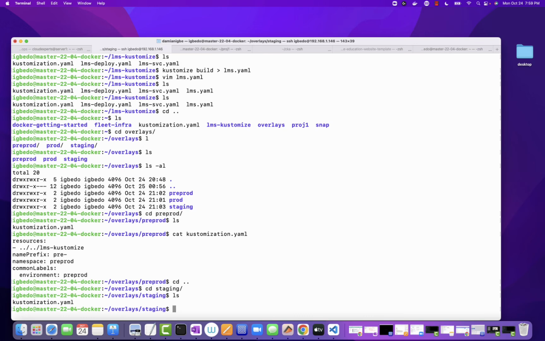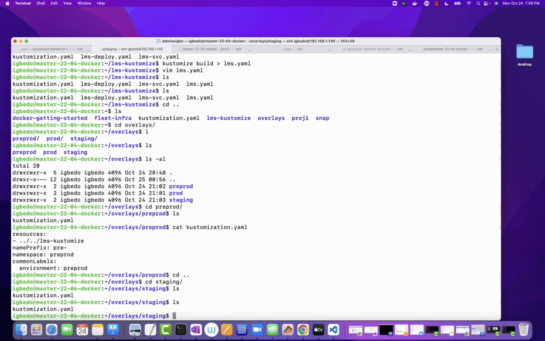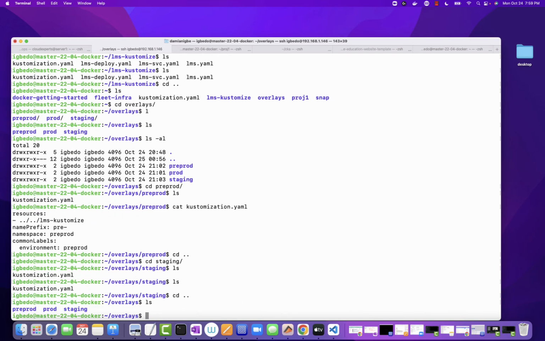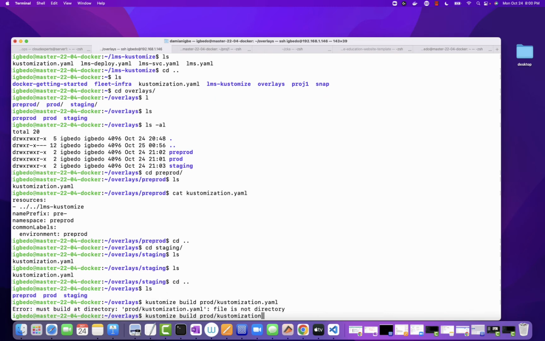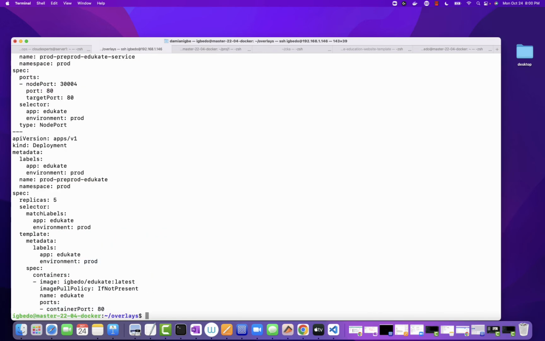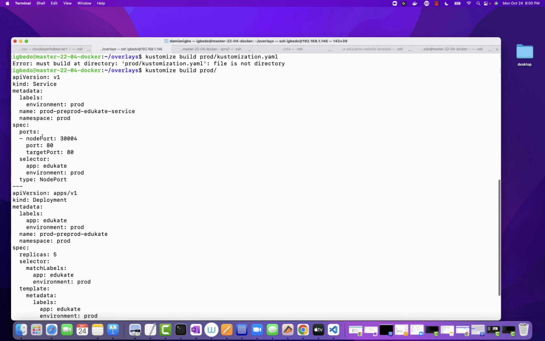So one thing to be on the lookout for here is this file called customization.yaml. In any directory, kustomize uses this file. If I run it here, it's going to use this file. If I go back and run it here, it's not going to work because there's no file called customization here. Though I can specify where to find the file. Now I can say kustomize build. Okay, so now I specify the directory and I went ahead and picked the file over there and then apply